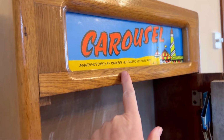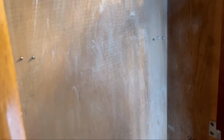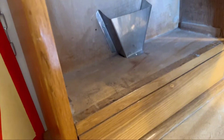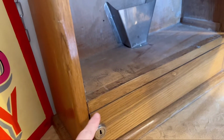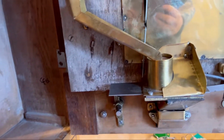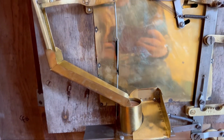Thanks, Chris. Here's the top flash we saw before in more detail. I should say these screws wouldn't normally be sticking out. It's where Chris screwed the brackets in place to secure them on our penny arcade counters. Here's the chute box for the coin box, which you can see is currently locked. I'll move to the right bottom now and pan upwards slowly so you can see the